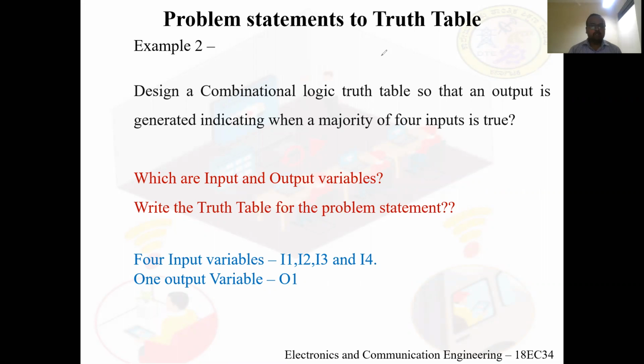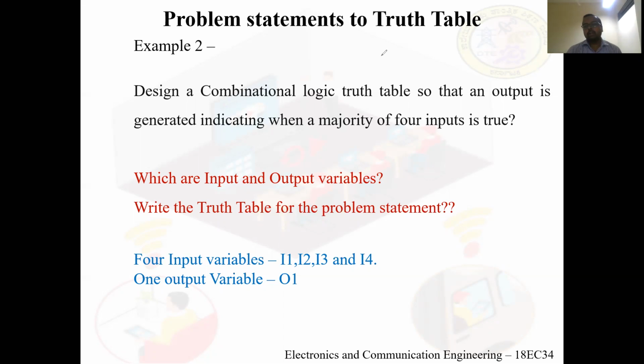Design a combinational logic truth table so that an output is generated indicating when a majority of 4 inputs is true. Right, here as part of the problem statement, it is already given that there are 4 inputs, so we should have 4 input variables, right? And how the output will be affected